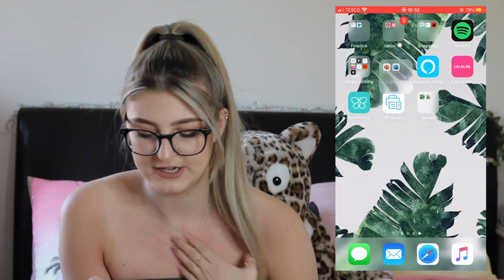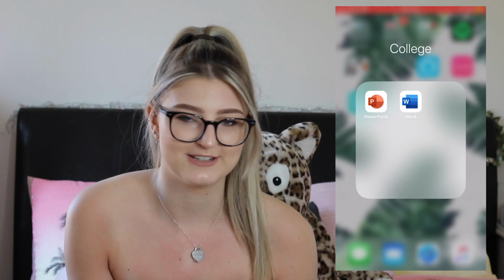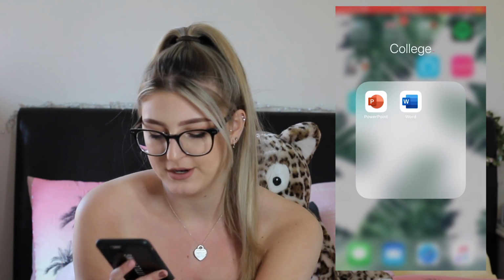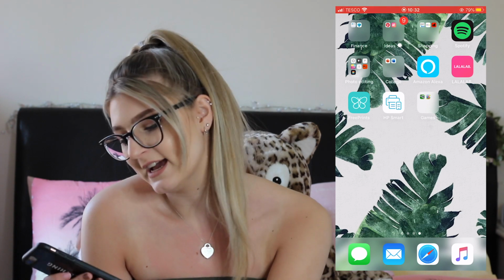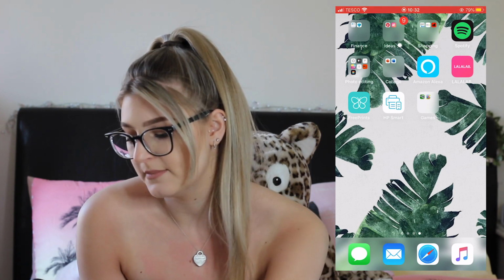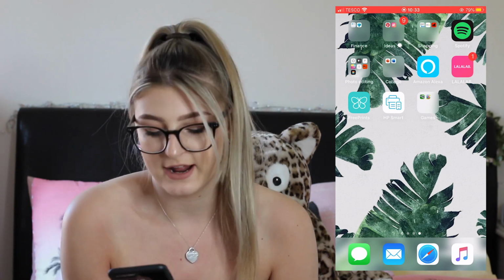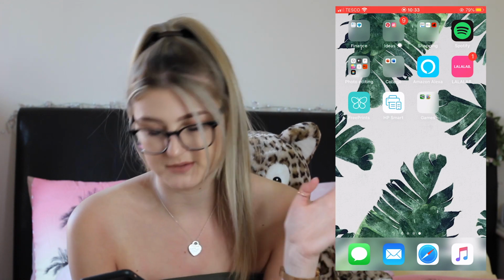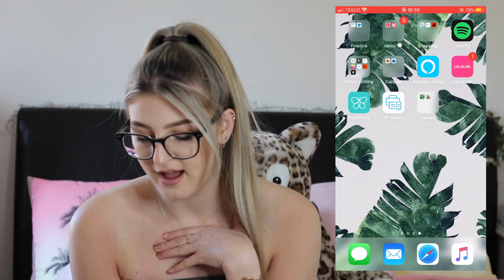Then I've got one called College, which I don't use because I don't go to college anymore, but it's just got PowerPoint and Word in. I've got Amazon Alexa, Lala Lab, which is an amazing photo printing app. Then I have Free Prints, HP Smart, which is the printer app, and I have a folder called Games, which